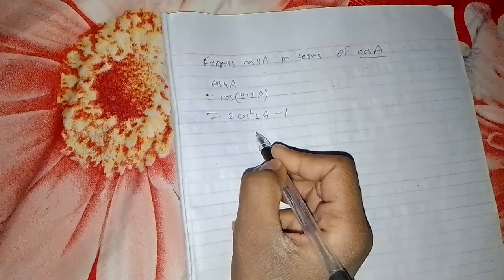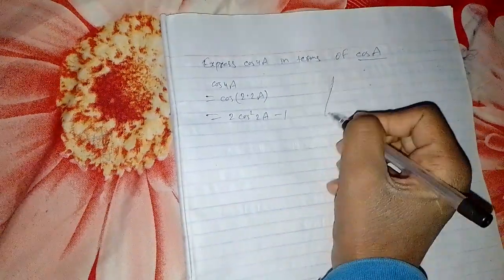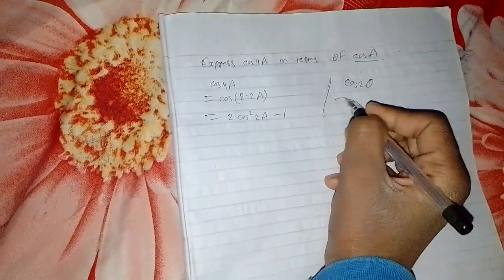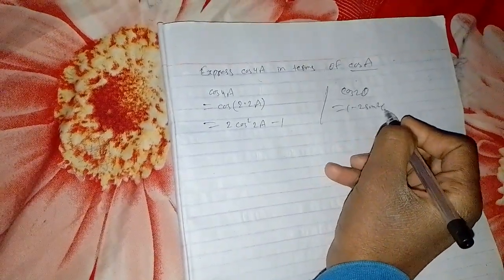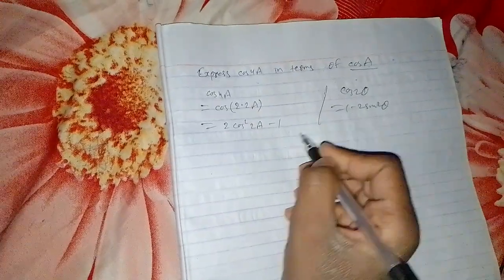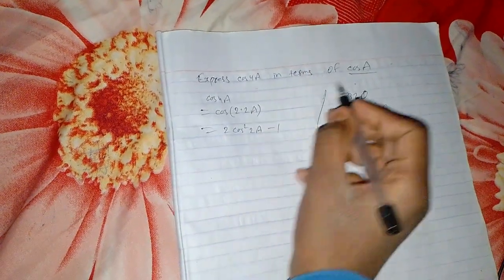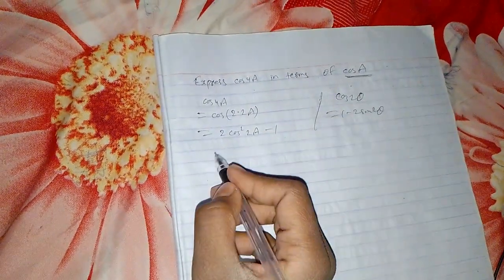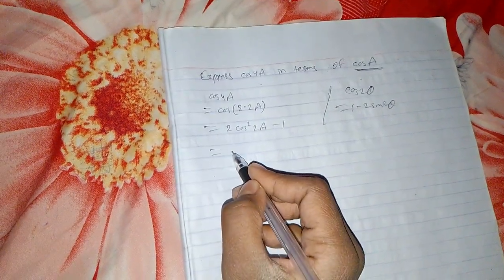Why didn't I use sine? Why didn't I use this formula for cosine 2 theta, 1 minus 2 sine squared theta? I didn't use this because we need to have cosine, because we have to change into cosine a. So this becomes equal to